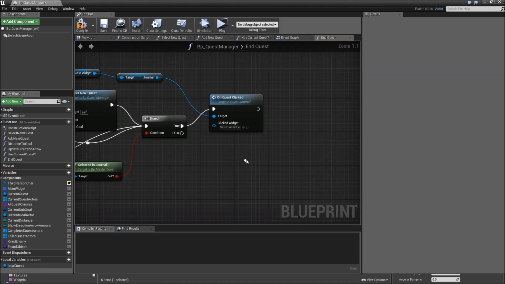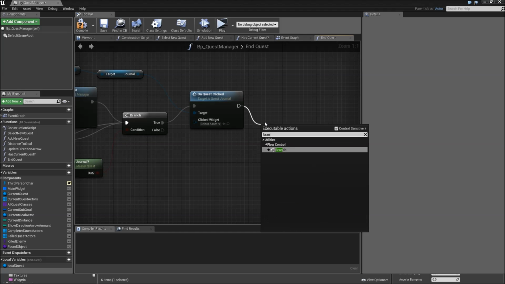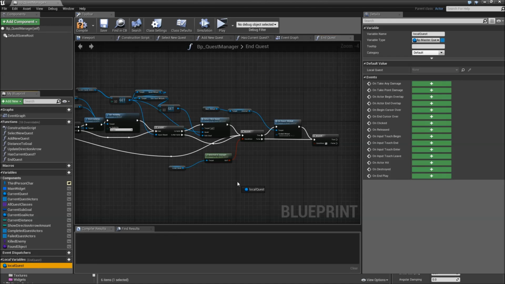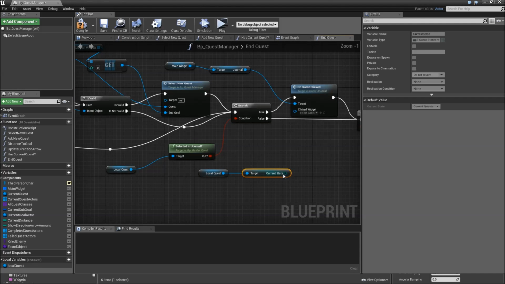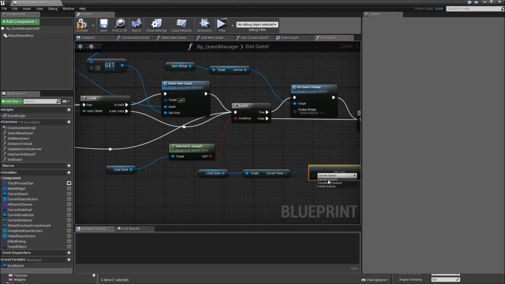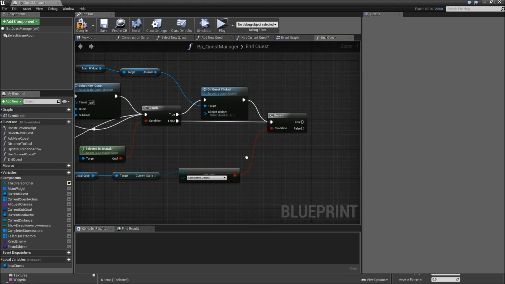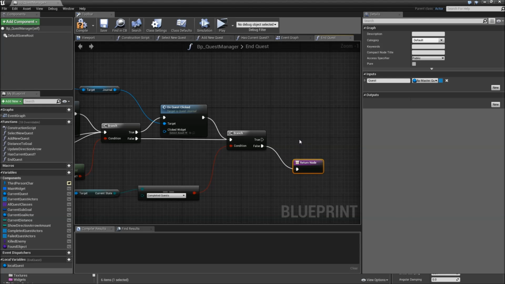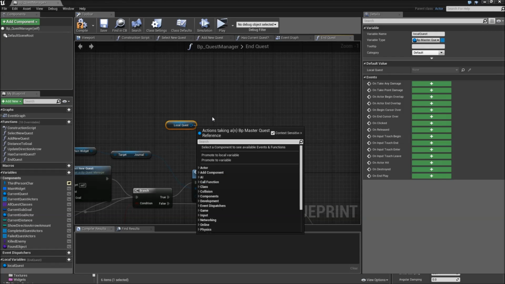Now we handled all the logic for ending a quest. Afterwards we will see if there is a reward for the player, and if so, add that. So we'll go into another branch, connect the false path to the branch as well, and what we will do is get the local quest, get the state, and we want to check whether that equals completed, because if we failed that quest, we obviously don't want to reward the player for that. If it's false, we can just return, but if it's true, we can copy over the local quest, get the quest info,